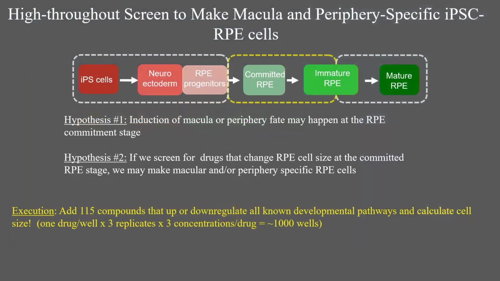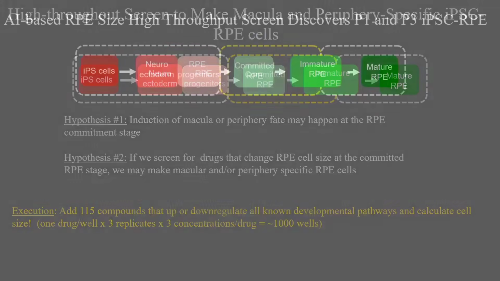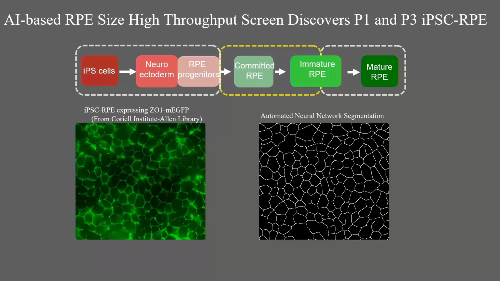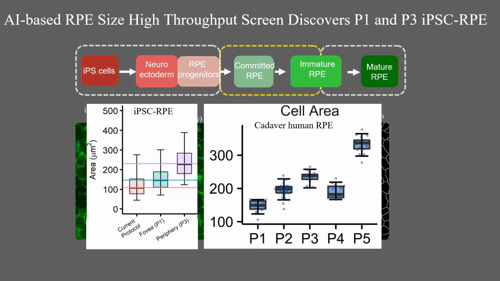We had a 115-drug screen, and these belong to different pathways. And again, we use our reporter line strategy. What we did, we got this GFP ZO1 line. You all know ZO1 marks the border, and we use this for the drug screen to see which drugs are going to affect the size of RPE cells. And then we, of course, use our Reshape, which actually allows the segmentation of these RPE cells. So this reporter cell line and this drug screen allowed us to identify two drugs that change the cell size of these iPSC RPE cells. One was closer to P1, and the other was very similar to P3.